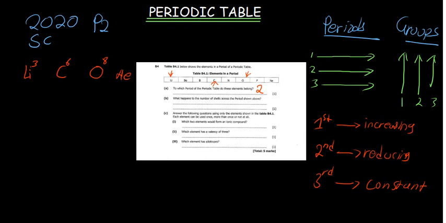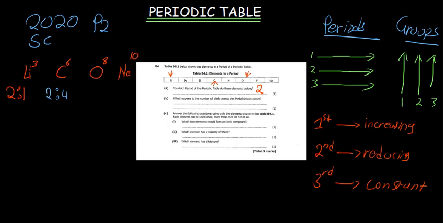a noble gas, an inert gas, meaning it's non-reactive. It already has a full energy level. Neon has an atomic number of 10. Now, if we write the electronic configuration of lithium, what you have is something like this: 2, 1. When you go to carbon, you're going to have 2, 4 as the remainder. When you go to